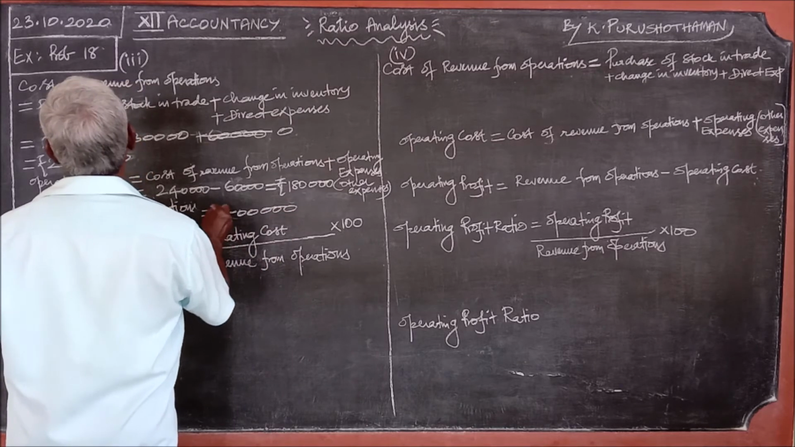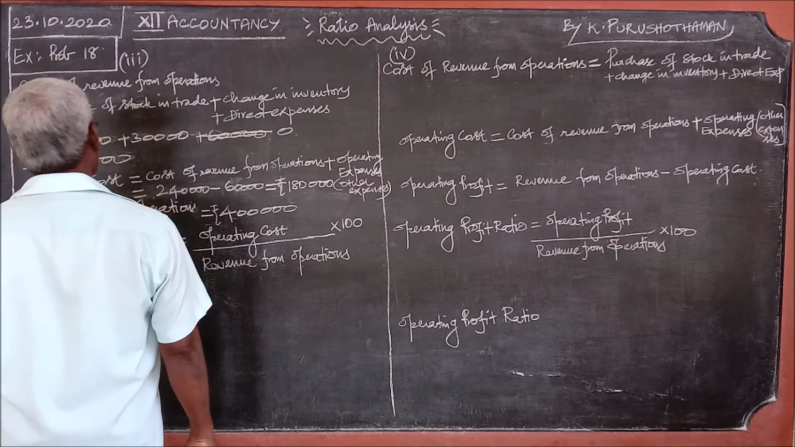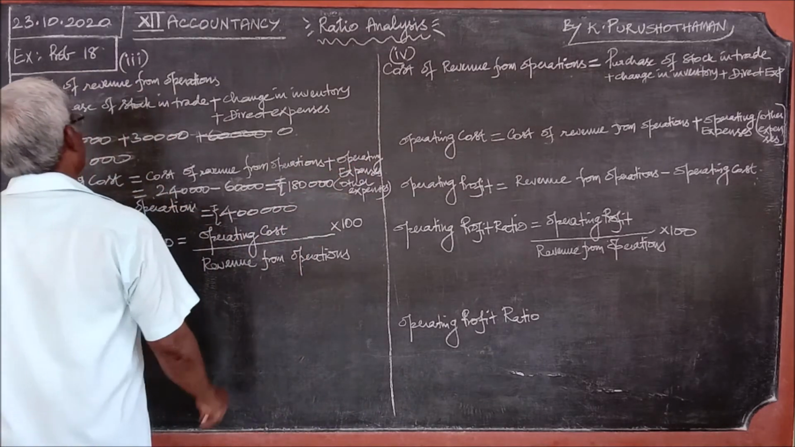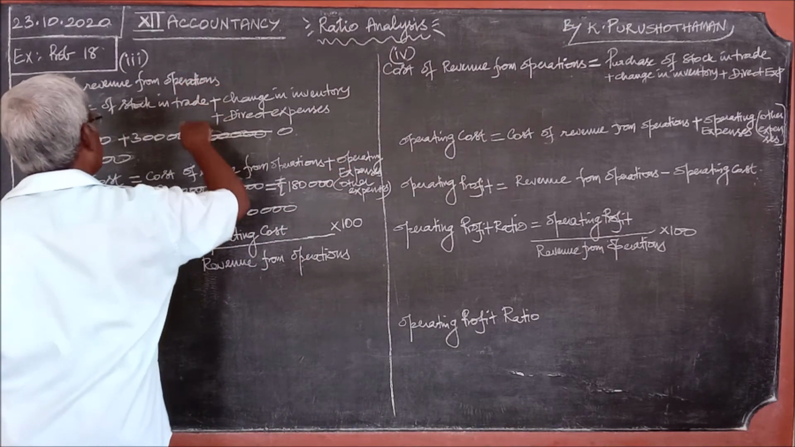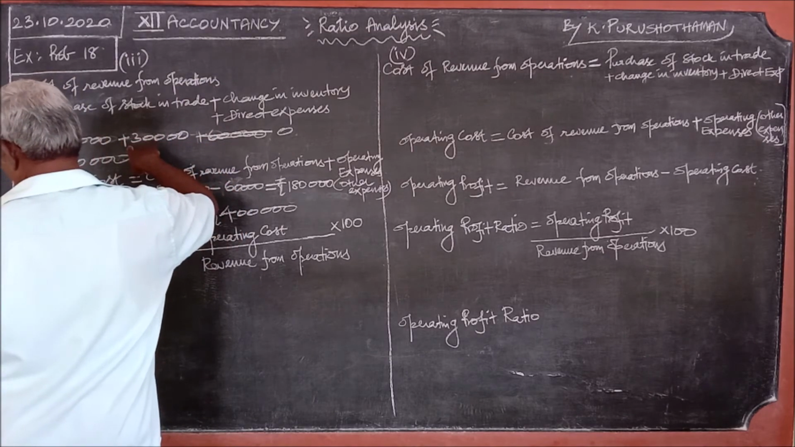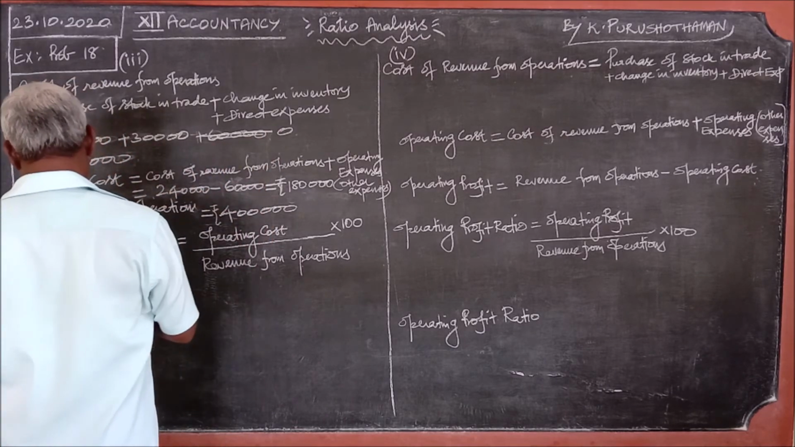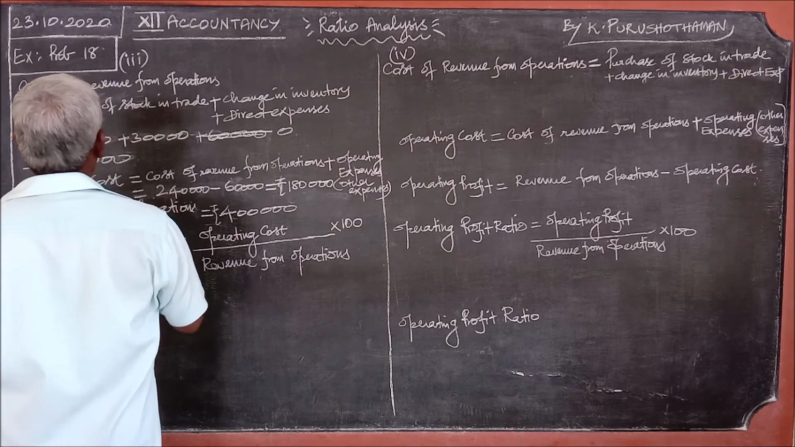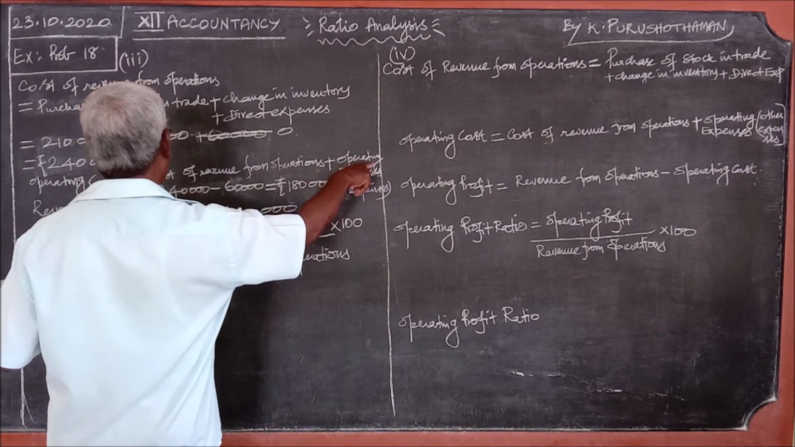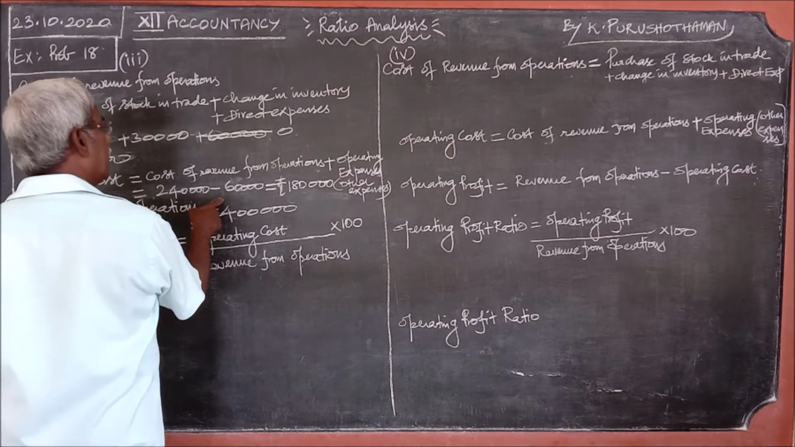Revenue from operations 4 lakhs. So operating cost is equal to cost of revenue from operations plus operating expenses. Here cost of revenue from operations we have found out. Only purchase of stock in trade 2,10,000, changes in inventory is 30,000, therefore it is 2,40,000. Now operating cost is equal to cost of revenue from operations plus operating expenses. Cost of revenue we have found out already here, 2,40,000 plus